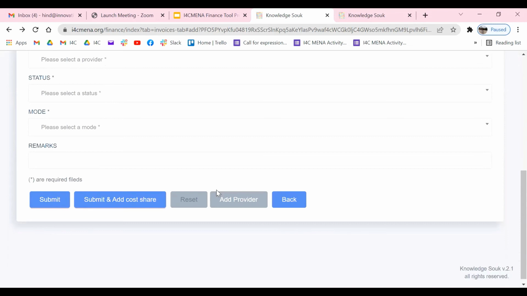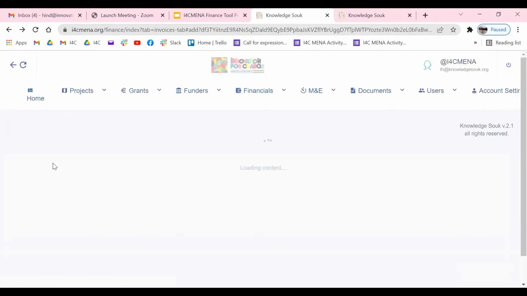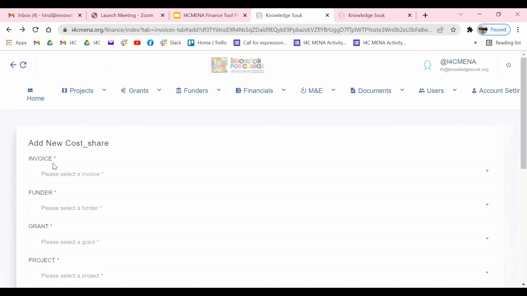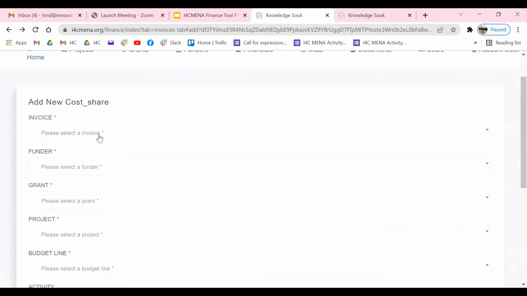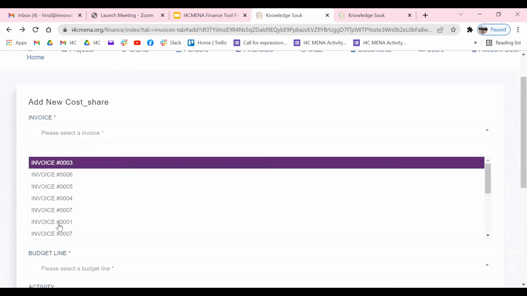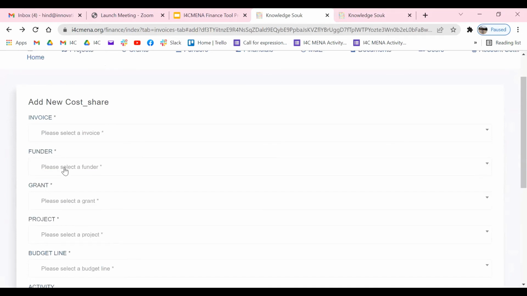So once we record the invoice information, then we can add the new cost, or incur cost really. So we have first to select which invoice from the list, and which funder, which grant.